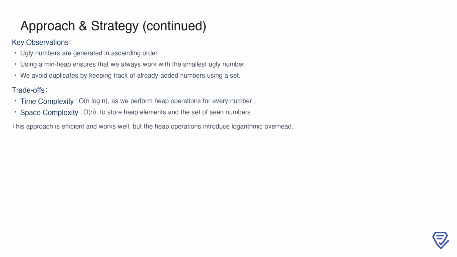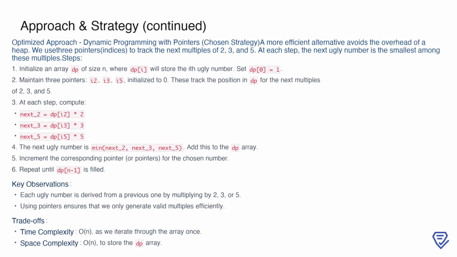Overall, this is a much more practical solution, though the logarithmic overhead from heap operations could still be optimized further. An even more efficient method, and the one we ultimately use, is dynamic programming with pointers. This approach eliminates the overhead of a heap by using 3 pointers to track the next multiples of 2, 3, and 5 directly. We maintain an array called dp, where each entry stores an ugly number, starting with dp[0]